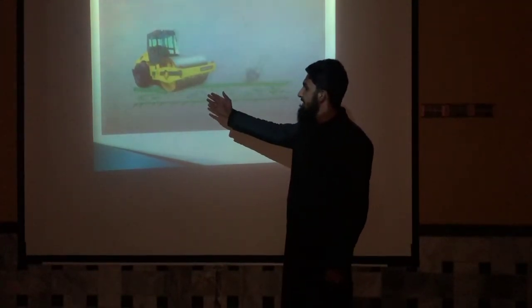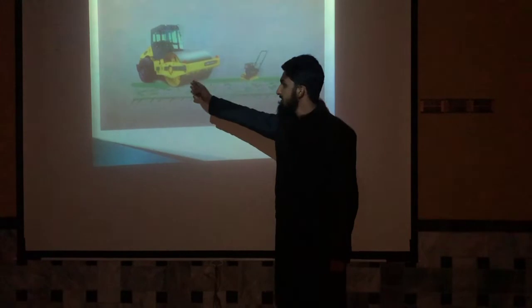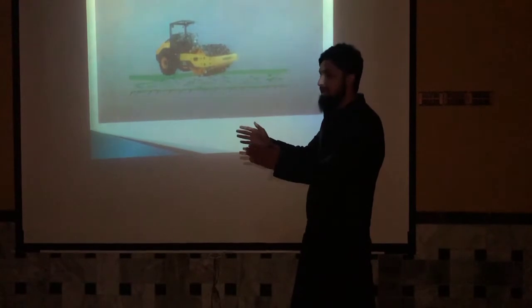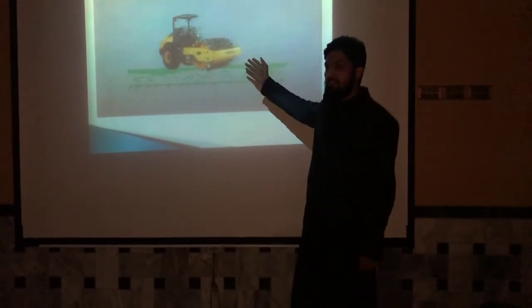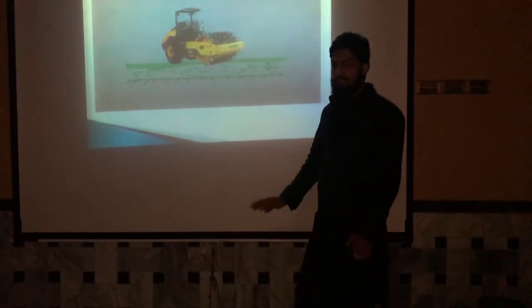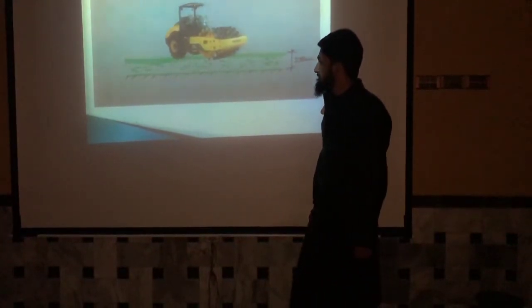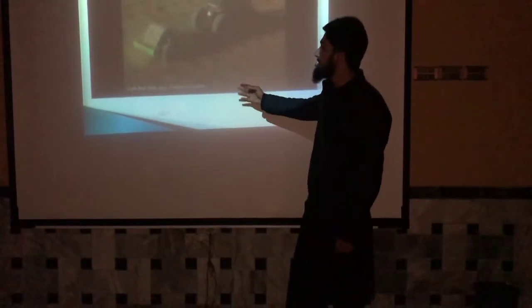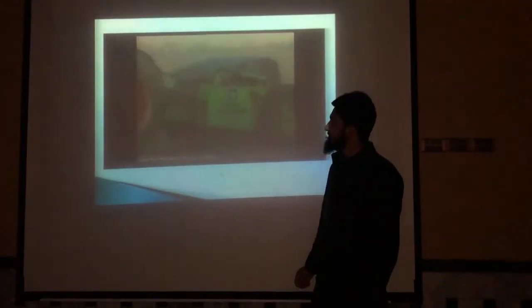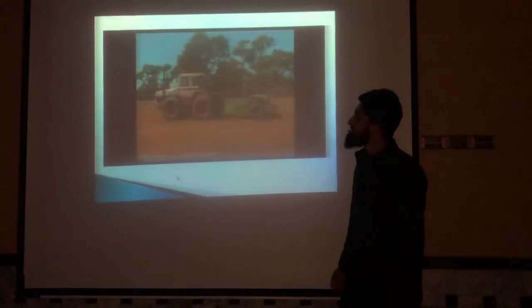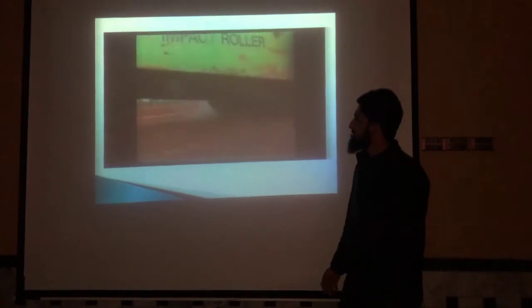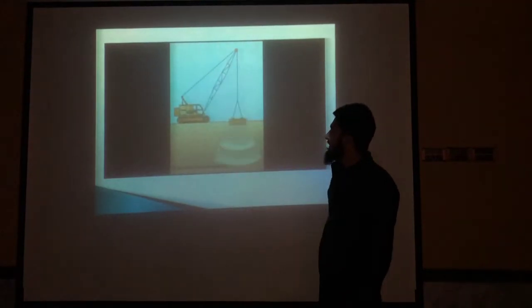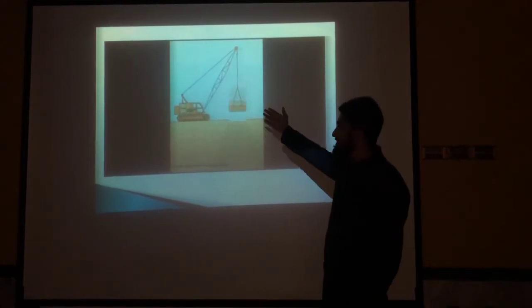This is a smooth roller that is compacting the soil. If we have a large area, we will use this type of roller, and if we have a small area, then we use the vibrator. Such kinds of compactors are chosen for the economy. Area matters for the compaction. Soil properties matter for the compaction. Where more compaction is required, we will use that roller. And such kind of compaction is called dynamic compaction.